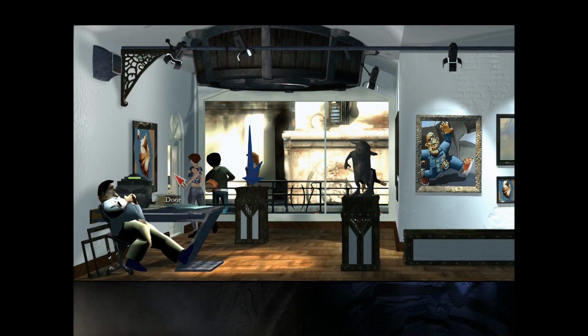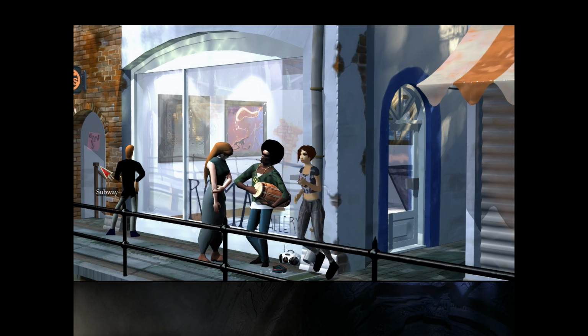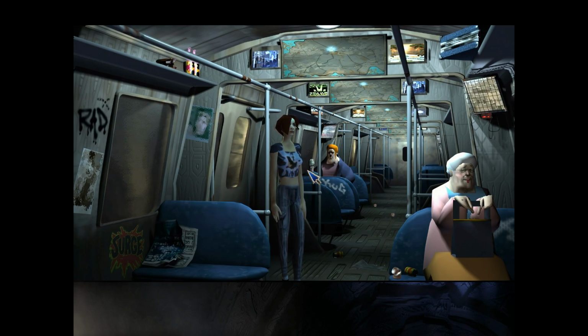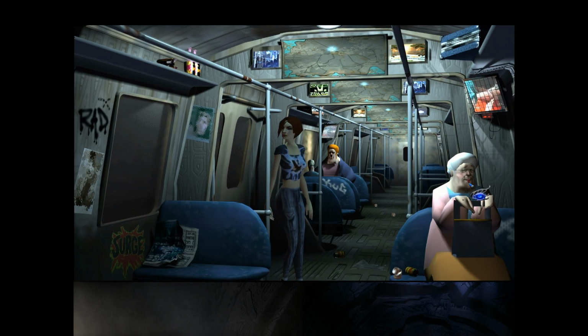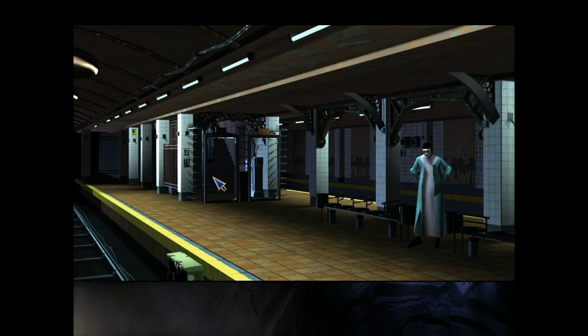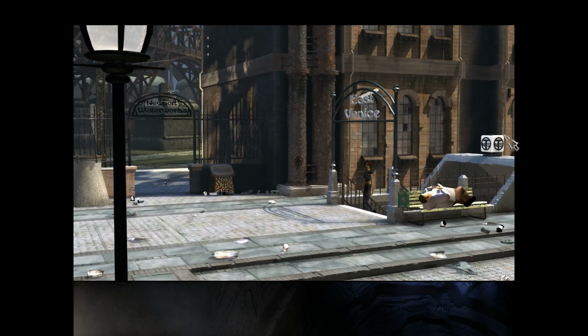Okay, now we need to head back to work. Well, it depends on which ending you're going for this chapter. It's not a big deal which one you go for. It just changes slightly what happens at the end and the transition to it, but it still goes to the same place. All right, anyway, head back to here. Oops, no, I didn't need to walk back into the subway. Creepy guy waiting there, though. All right, we need to go back to the bridges. Then, if you chose to go to,